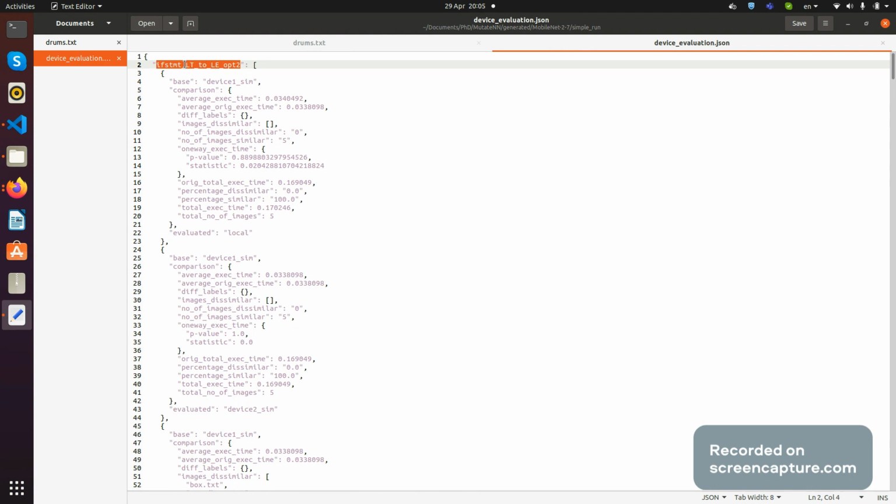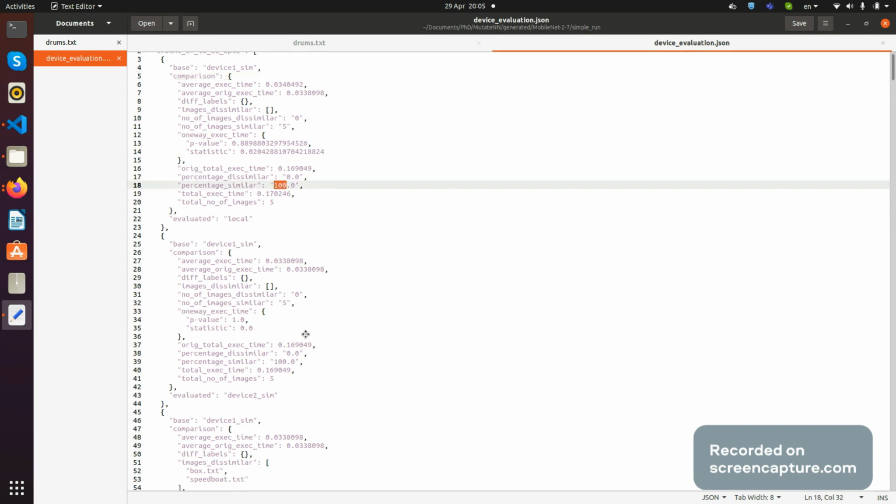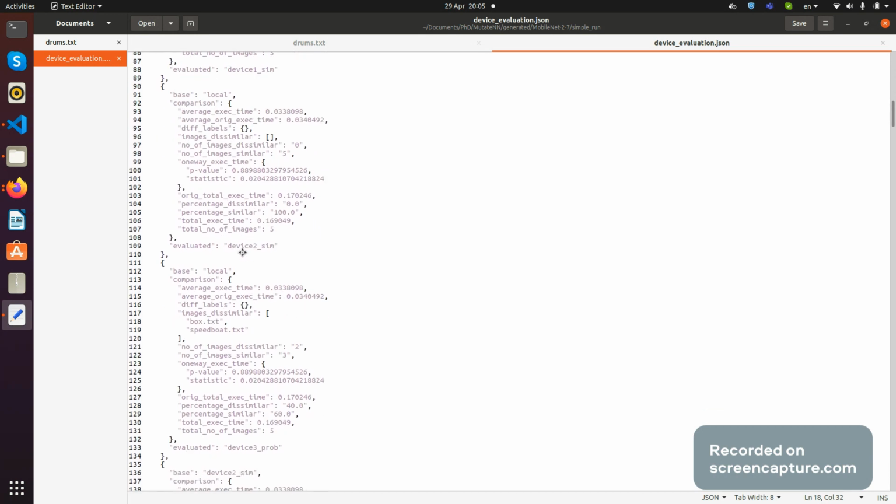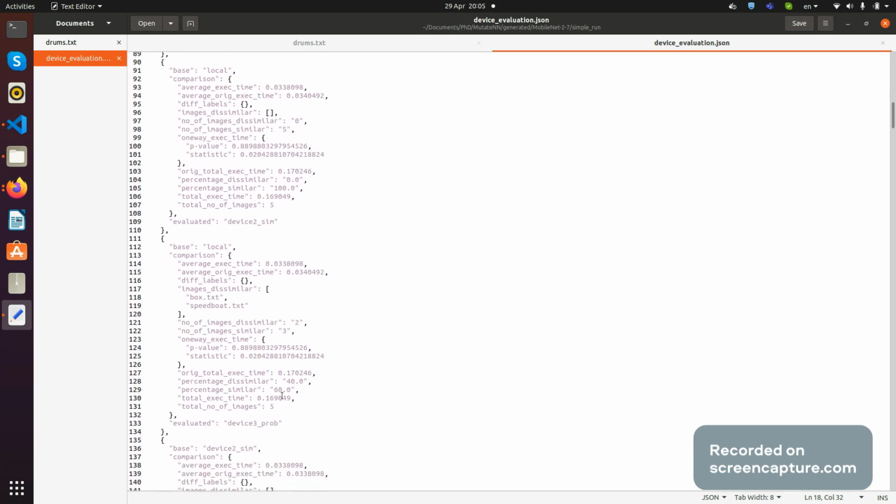that contain, first of all, comparison, mutation-wise, but for each one of the devices. For instance, for the less than to less than equal mutation, we can see that device 1 with local, they have 100% similarity. But if I go down here, we can see that there are other devices, but this might not be the case. For instance, our local device with the other device probably had 60%